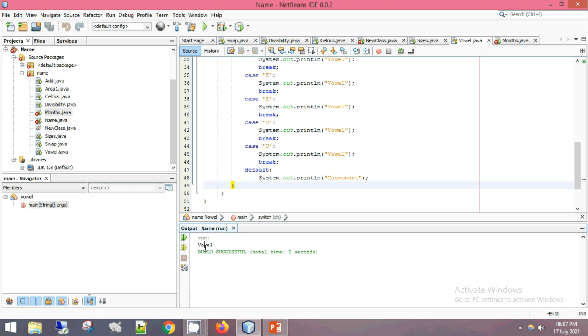So I have shown you 4 codes, 3 in a running condition. This is the way you can write multiple conditions, and if any of the conditions is satisfied, that particular case will be printed, otherwise the default case will be printed. And this is how you will be learning the codes. So in the next video I will be covering iteration. That means we will be learning about for loop.